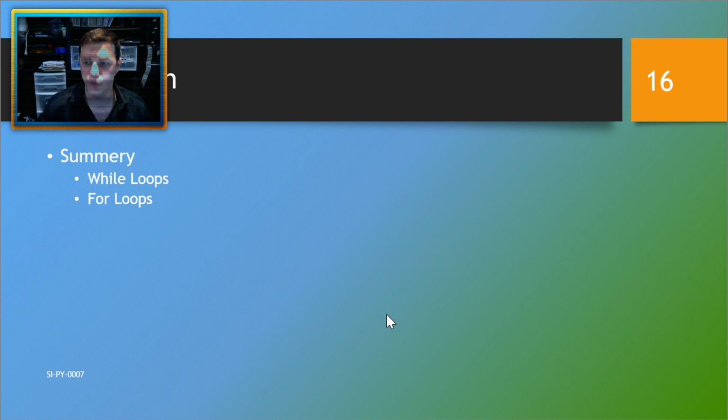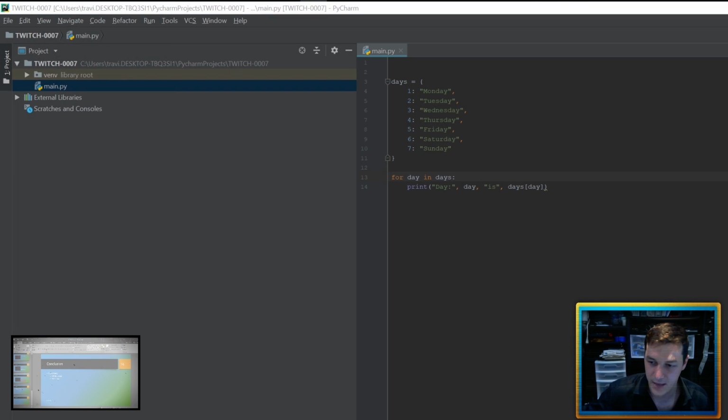So in conclusion, what we covered today is while loops and for loops. Had a little bit of fun with it, realized the power of the loop. It saves you so much time. I remember whenever I first started programming, and yeah, didn't know about loops right away, so the amount of if statements and switches I used, it was insane. Now I don't have to do that. Okay, we're going to go to the